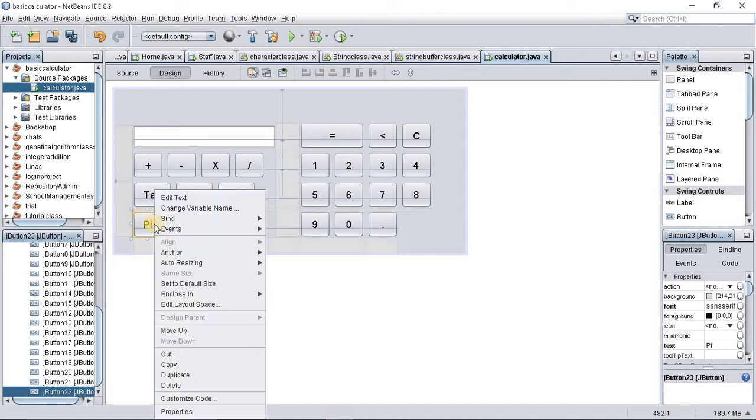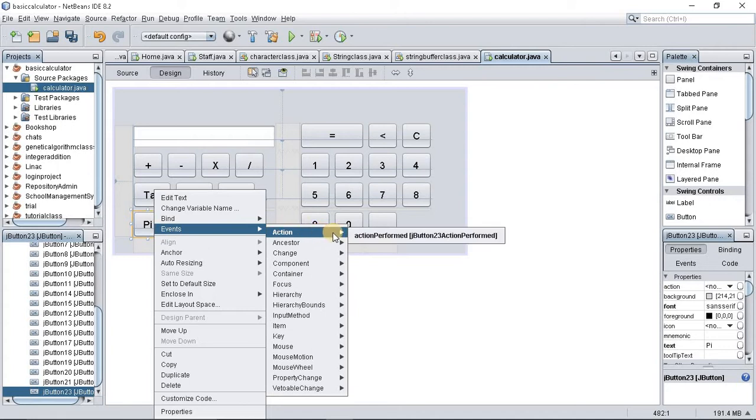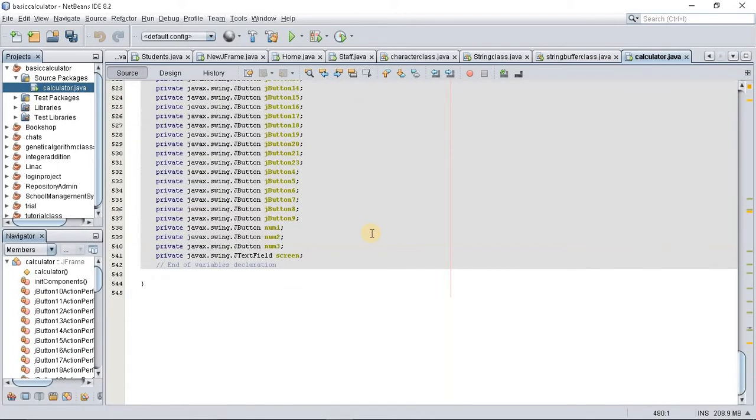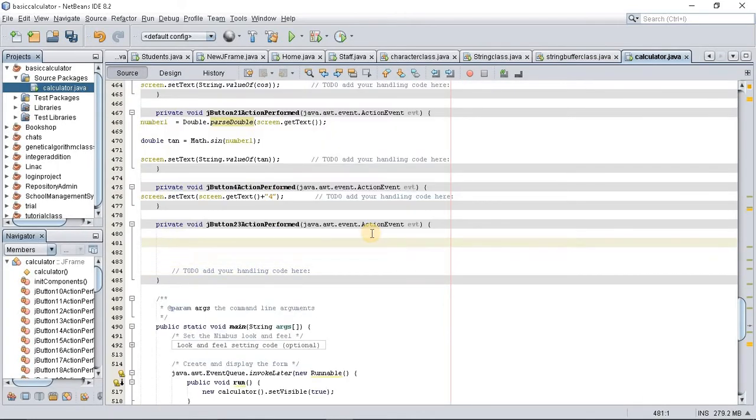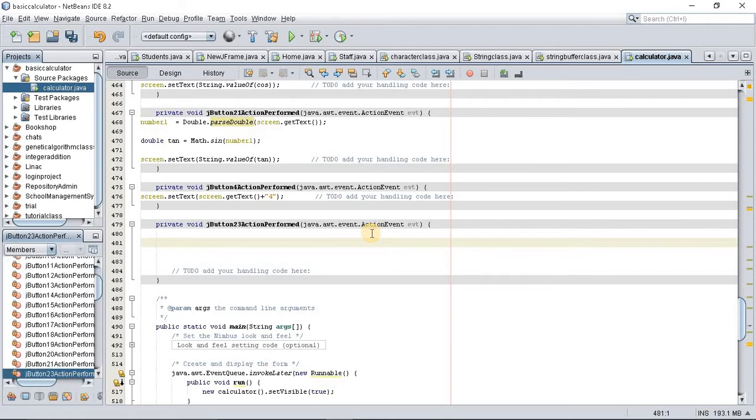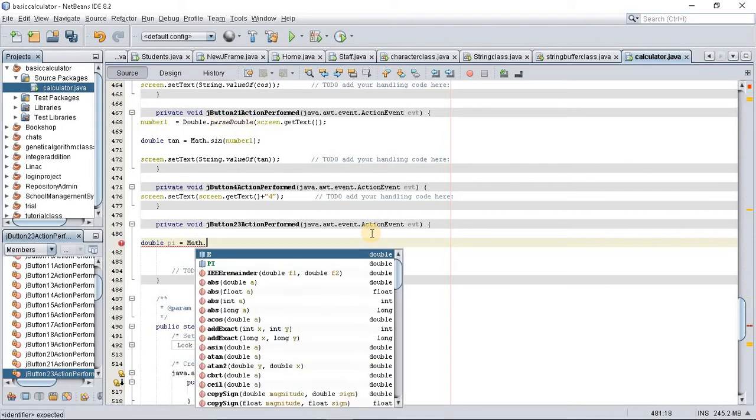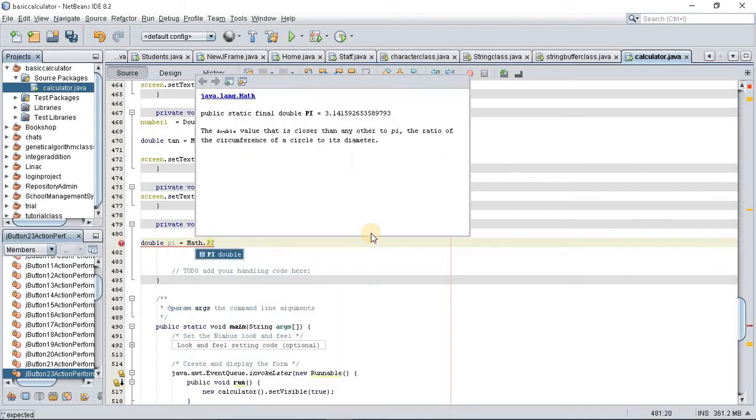Right click on the button, go to events, action performed. This is where you enter your code. First of all, let's create a variable to save the data for pi. Double pi equals Math.PI, and